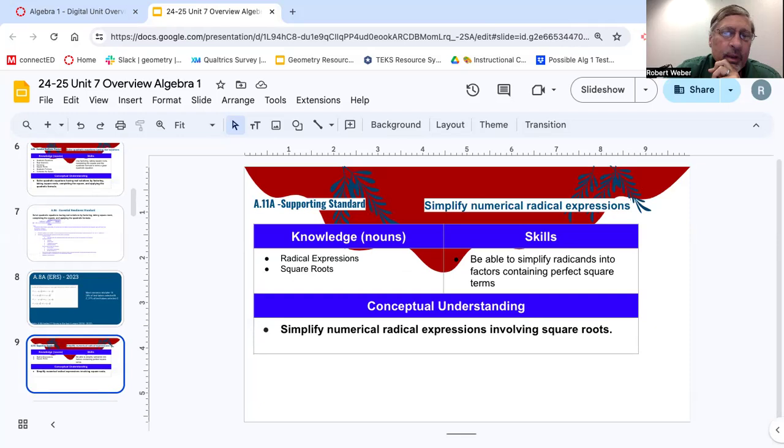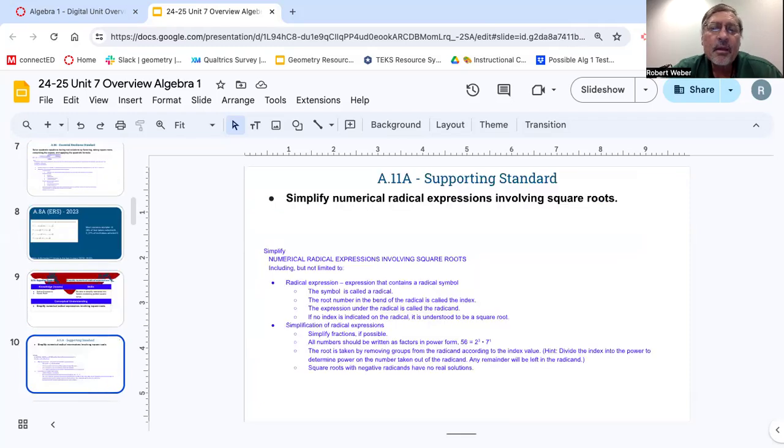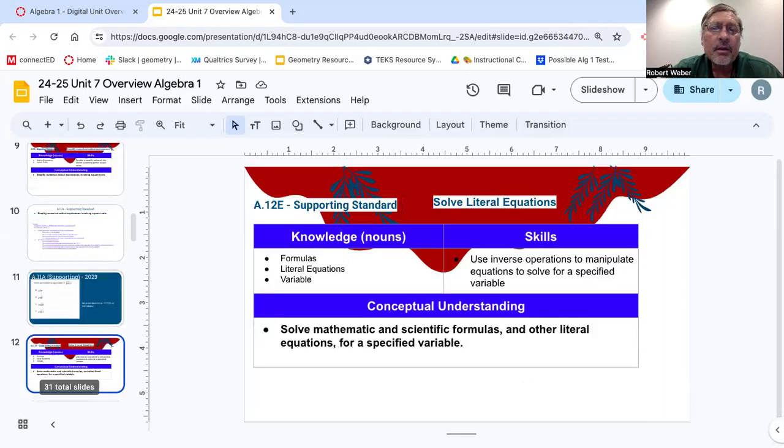This is simplifying your radicand, breaking it into factors, finding products or factors that do have actual roots that you can take. Again, not always the easiest one to teach. Supporting standard, continuing there, solving literal equations,